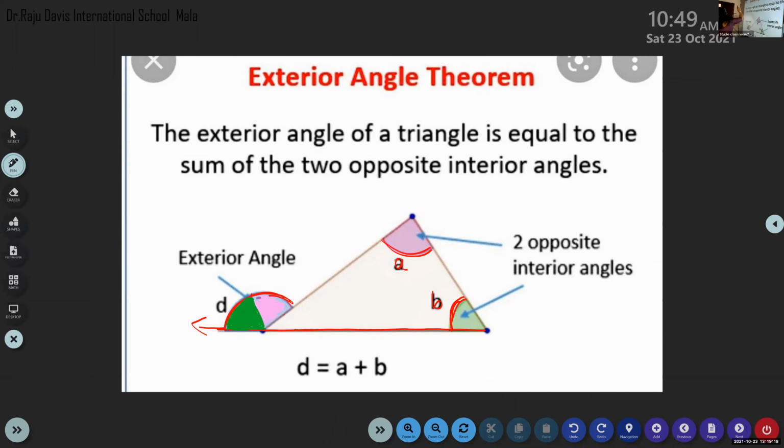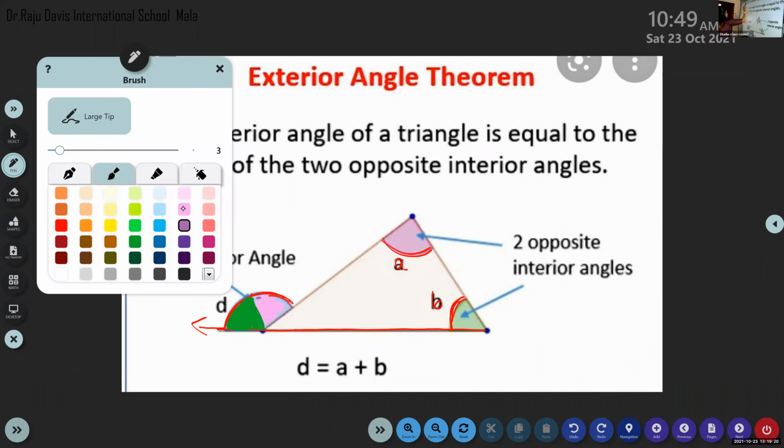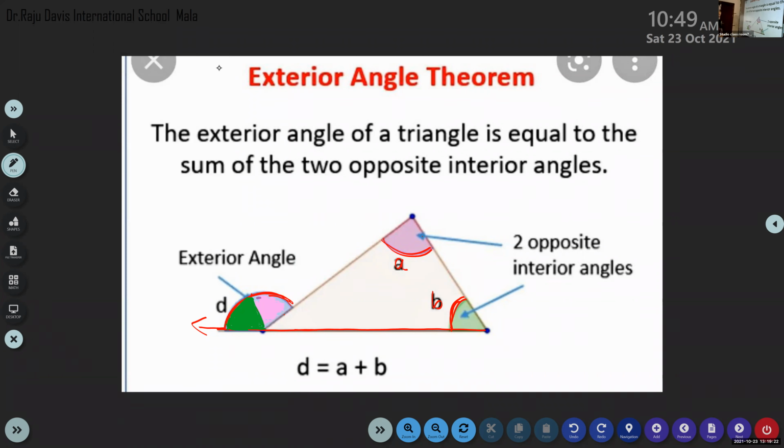Light shade. So you have to color it, or you can color with crayons and cut, or you can paste the color paper. Better than that, you just color it and cut it off. Okay. See, it will be filling inside properly and will look like this. Both angles together will fit inside.